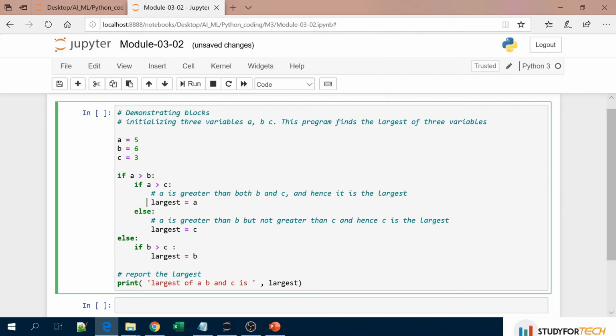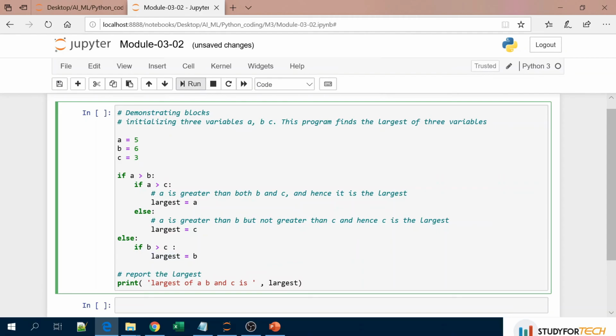So you have to give proper indentation here. Else it will directly say largest equal to c. Otherwise, if a is not greater than b, it will come to the else part and check if b greater than c. Yes, if b greater than c, then largest equal to b, and then it will print largest.